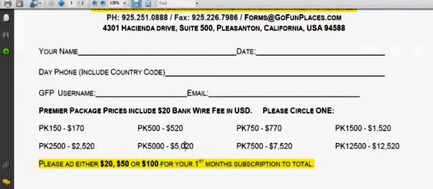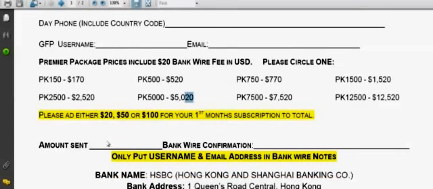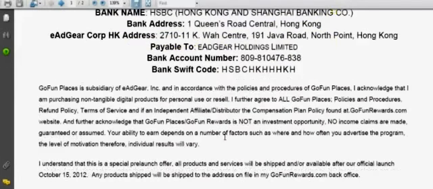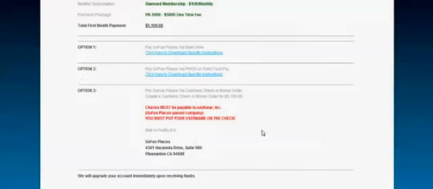Circle the package that you're doing. Obviously, because you're not doing the wire transfer, you do not need to include the $20 wire fee. Okay, so just write in there, if it was the $5,000 package, put in $5,100 because you added $100 for your Diamond first month subscription, and you can cross out bank wire and write in cashier's check. Guys, I'm telling you, that will help expedite the purchase of your package if you can just give them a little bit more information when you send in your cashier's check. Okay, and there's a 3-day right of rescission, so we usually take about 3 days before that gets posted to your back office.